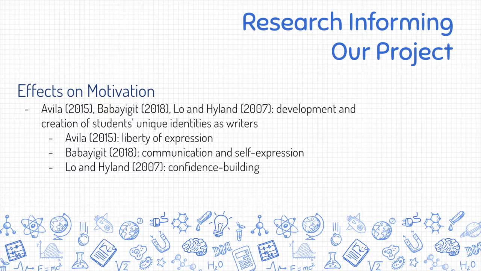All three of these studies looked at how the development and creation of students' unique identities as writers positively impacts students' motivation. And then, as you can see, they each go into slightly different subtopics: liberty of expression, communication and